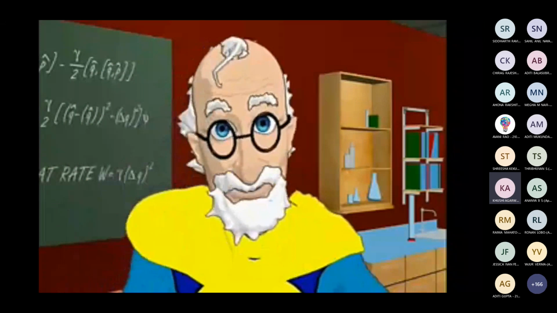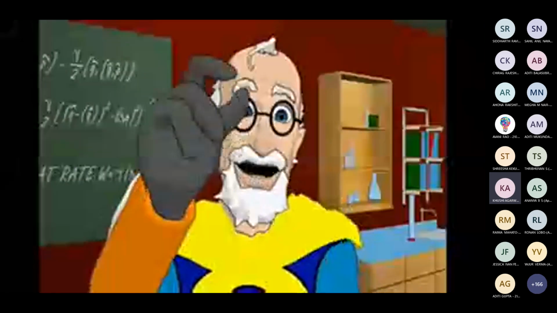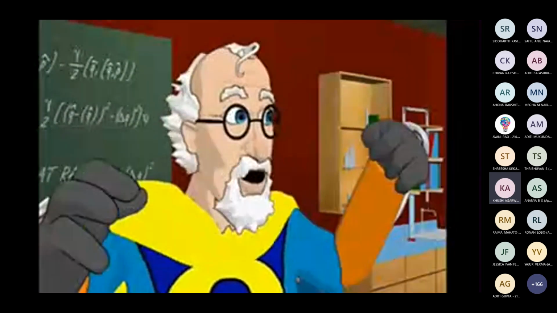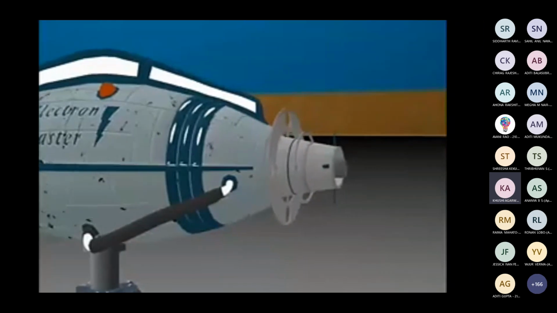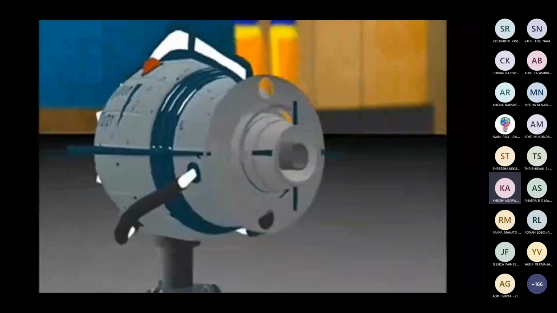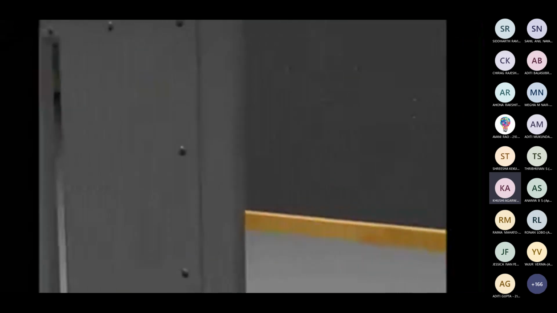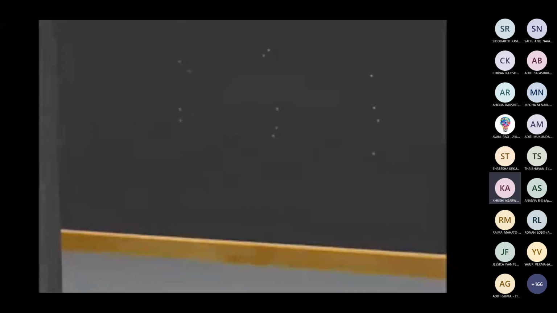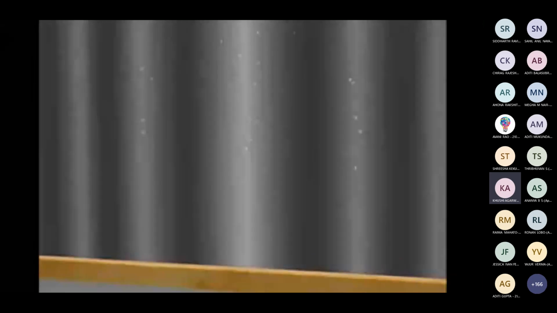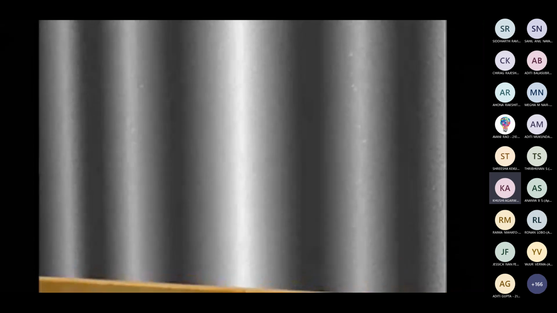They thought, maybe those little balls are bouncing off each other and creating that pattern. So, they decide to shoot electrons through one at a time. There is no way they could interfere with each other. But after an hour of this, the same interference pattern is seen to emerge.